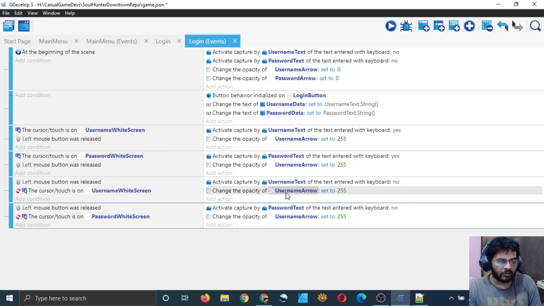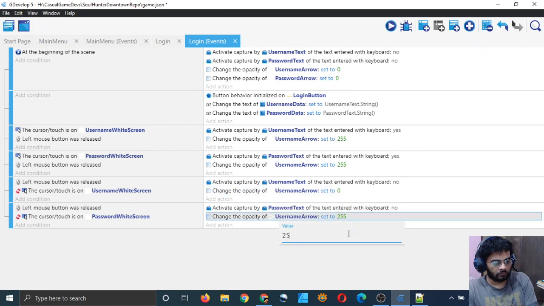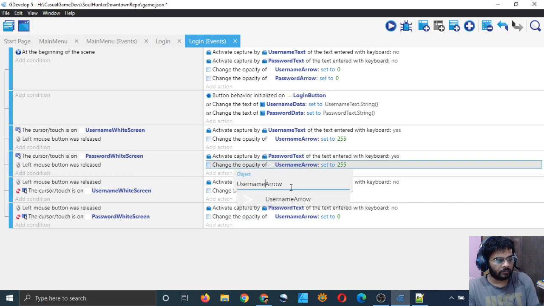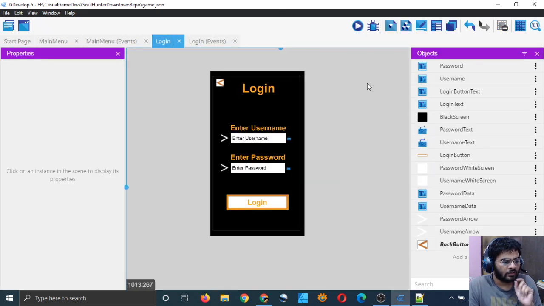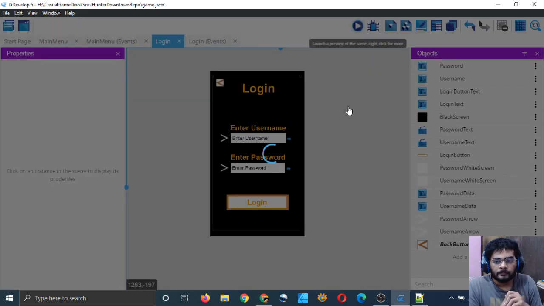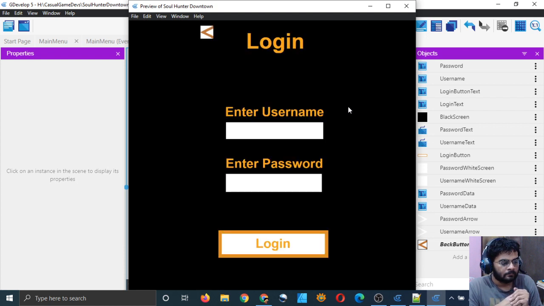And on deactivation, we will simply change the opacity back to 0 here also. And in this, I will simply type password arrow, select it. So that should work. Let's test it out. Yeah, it's not going away.